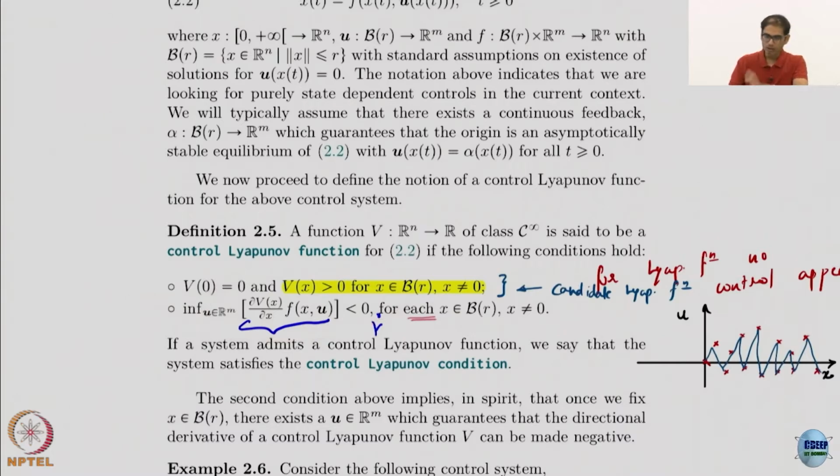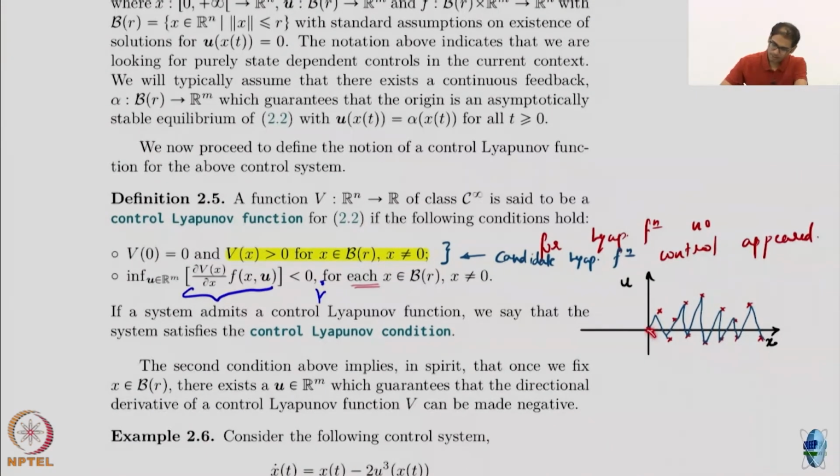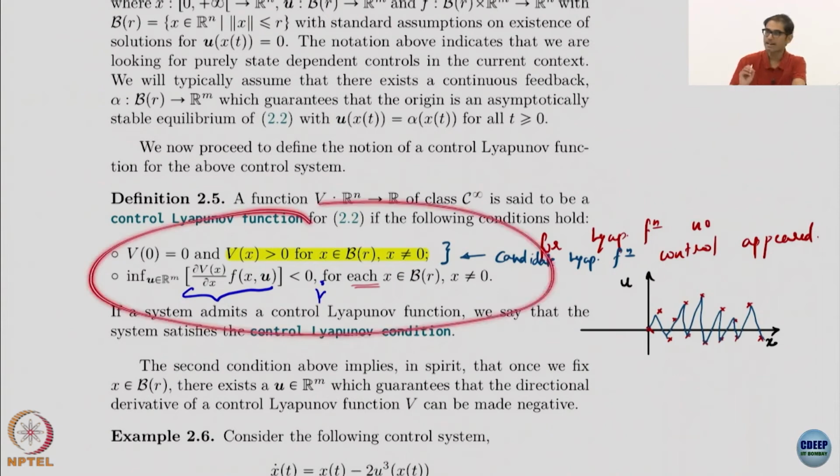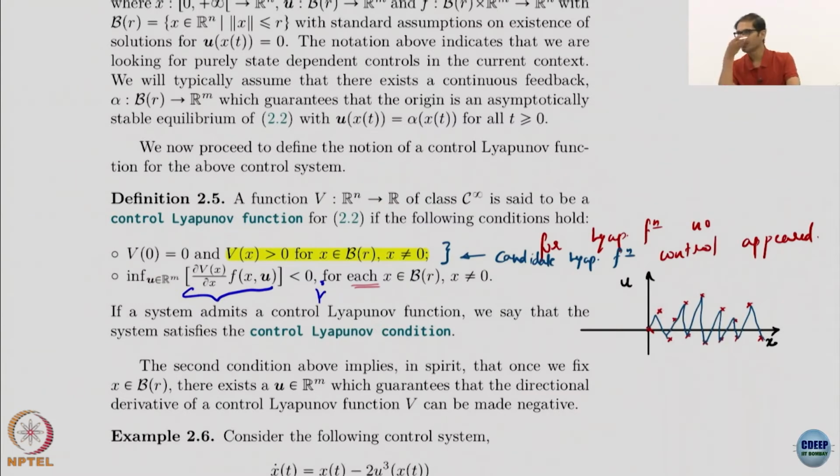The important thing to remember is that for different values of x, I might just get these distinct points. If I join them together, I am not necessarily getting anything continuous. Typically, if you remember, I said that this course is about finding smooth control, continuous control and things like that. But this itself doesn't seem to guarantee that. The u that you compute from here might just be these distinct points which, when joined together, don't give anything continuous.